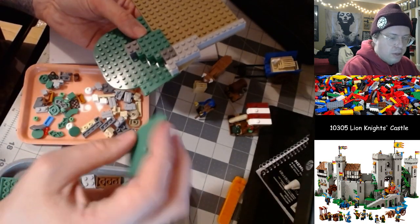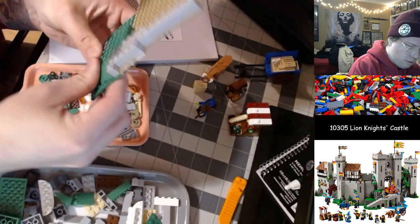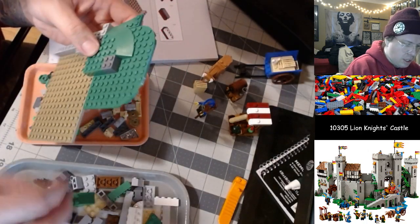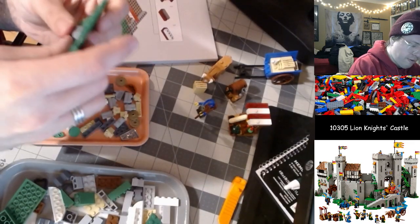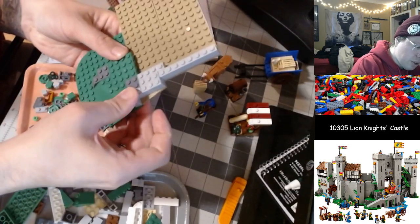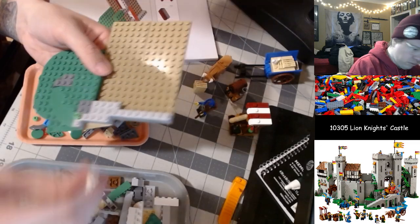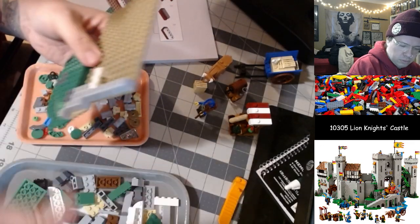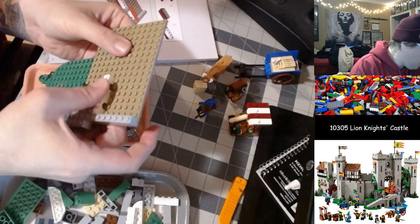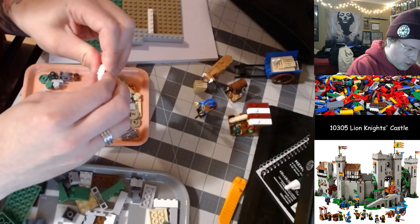Alright, so we got these cool flying saucer shaped pieces here. Drop these into place. Get some folds and hills of the landscape built up. We'll start sprinkling in details as we build here too. Down for one second when we build this, and this is going to go across these two plates, so this will give us a nice little